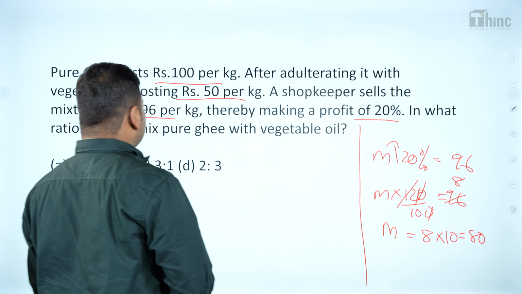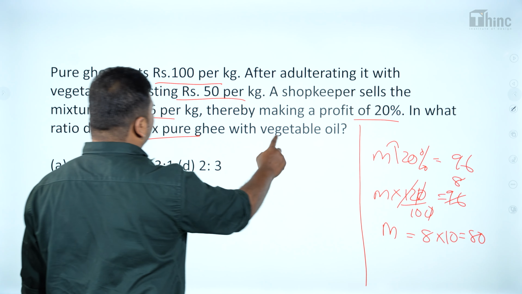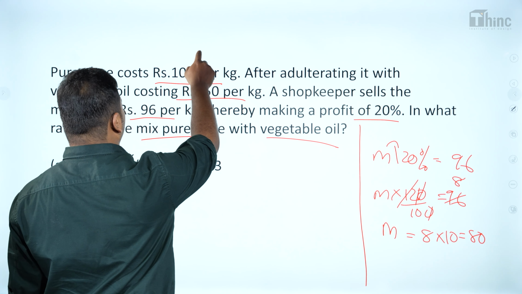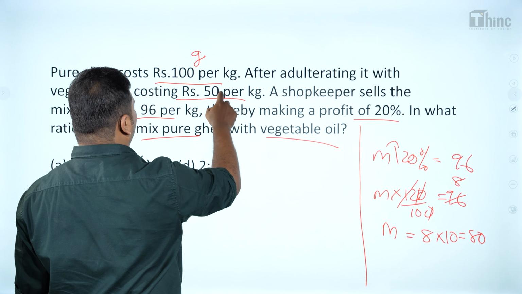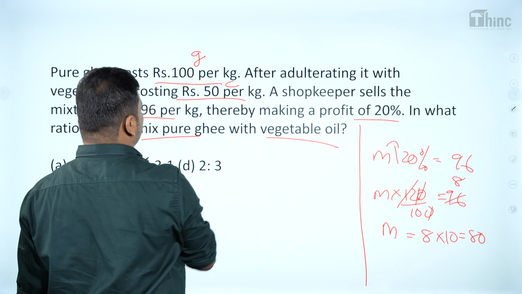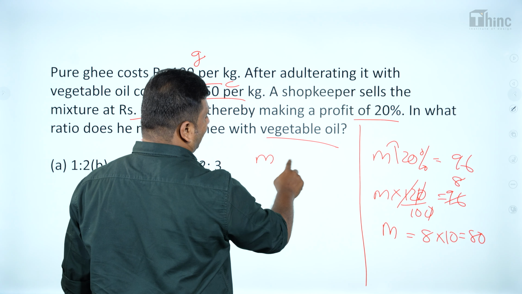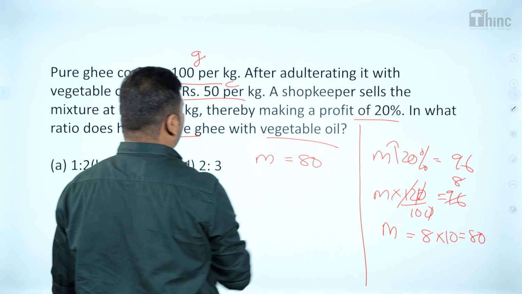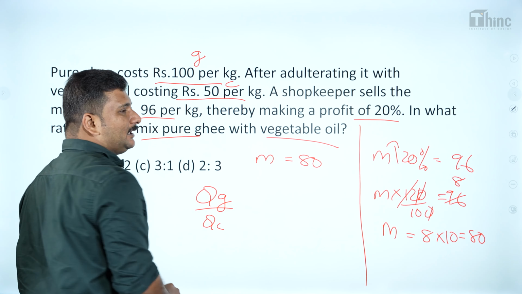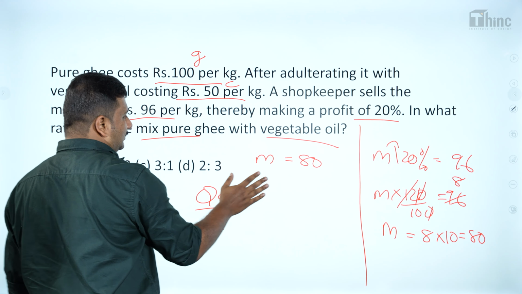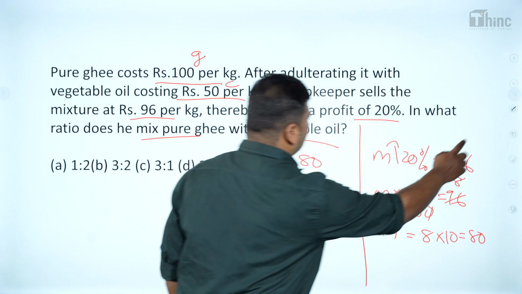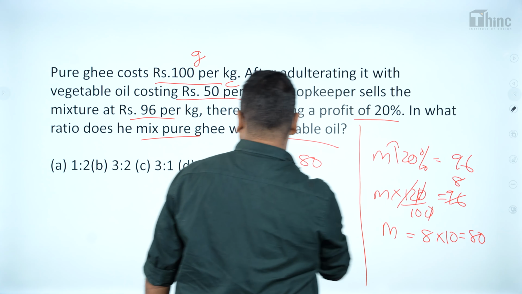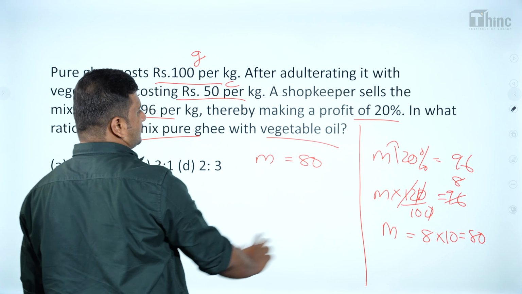Now what we need is in what ratio he mixed the pure ghee with the vegetable oil. So this is a good quality and this is the cheap quality. So this is the price of good quality, this is the price of cheap quality and we got the M value, mean price as 80. So they are asking in what ratio the good quality is mixed with cheap quality. So QG by QC what ratio is what they need. But we know that, okay, let's keep it aside. So we already know that QC by QG ratio is,